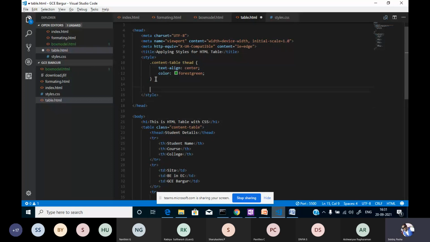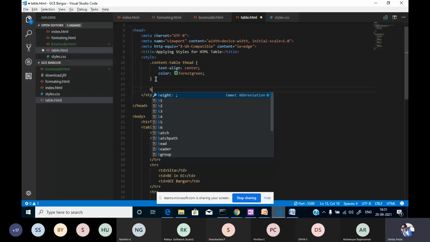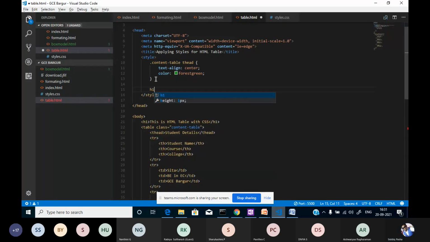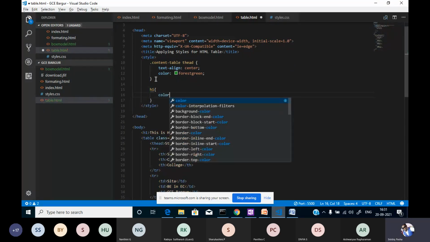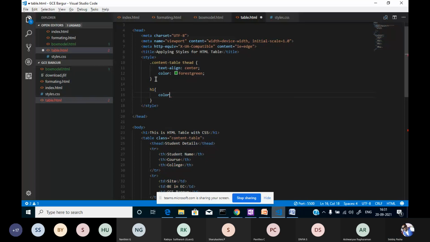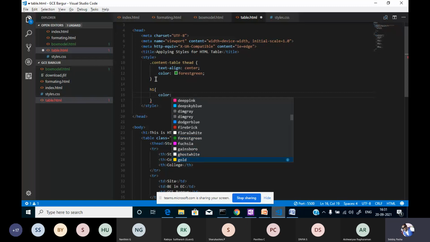Similarly, I will add some more. I just want to check whether the style is not applying for each and every tag. So I'll add a color, some bold color.